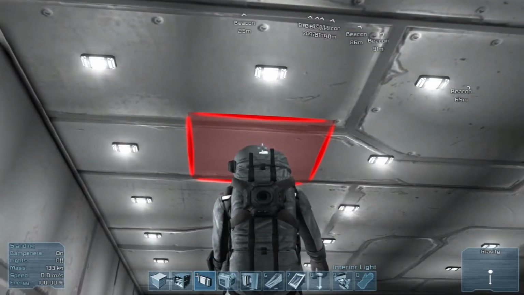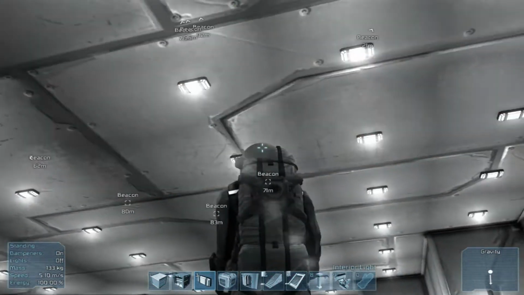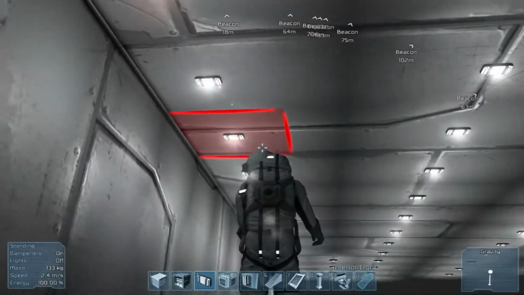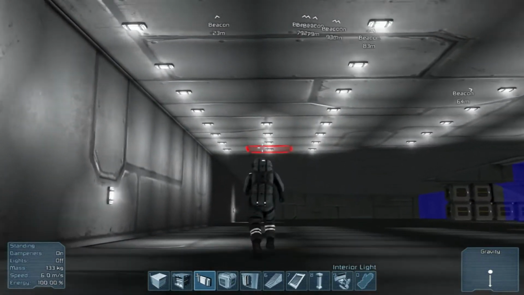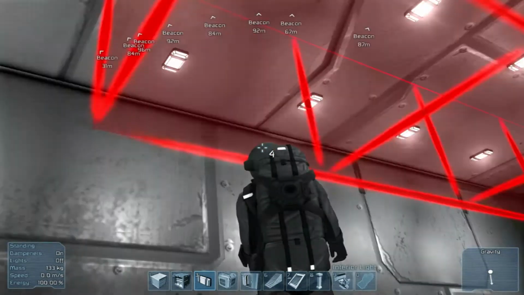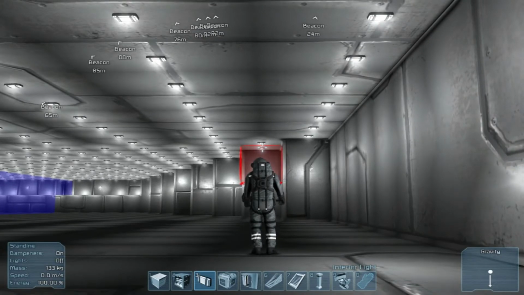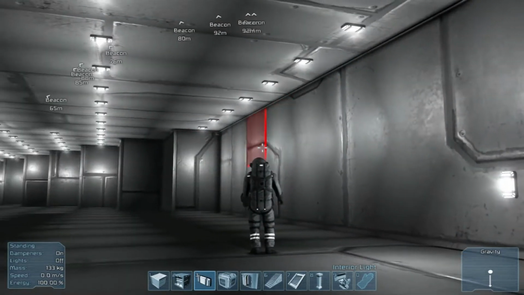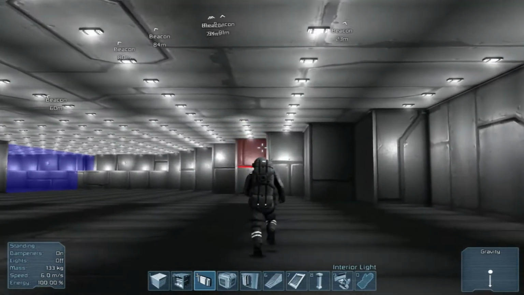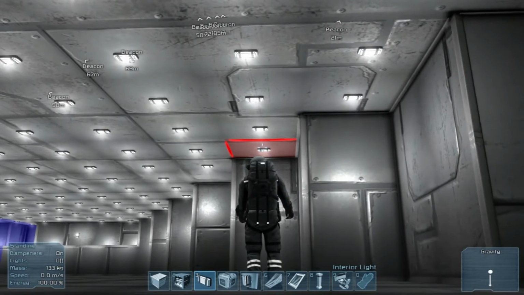I can't figure out how to... Oh, you actually have to get like the light to do this. That's annoying. You have to highlight that light type of thing. Okay. Something like that. This should trim down our...